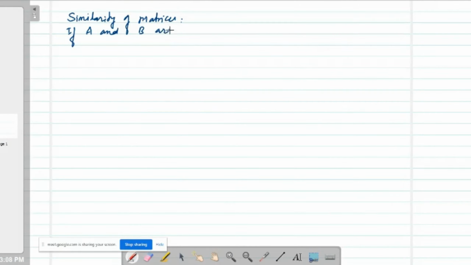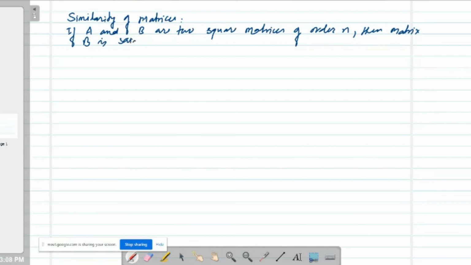are two square matrices of order n, then matrix B is said to be similar to matrix A,